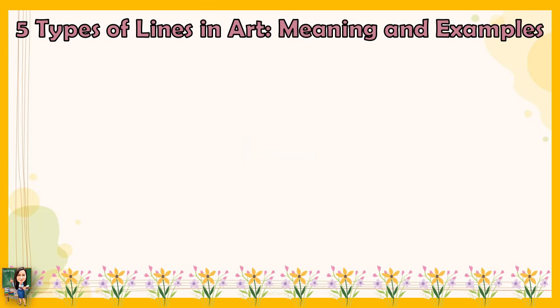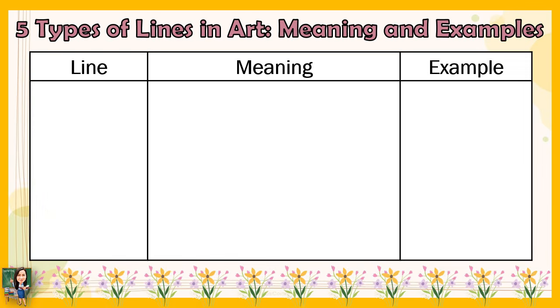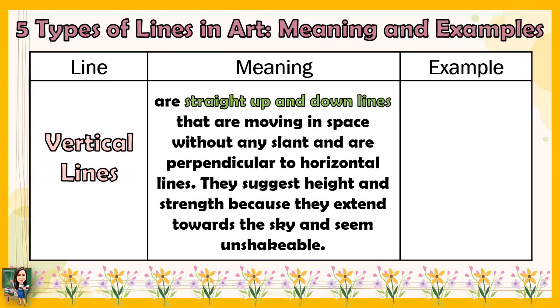There are 5 types of lines in art. Meaning and example. First is vertical lines. Vertical lines are straight up and down lines that are moving in space without any slant and are perpendicular to horizontal lines. They suggest height and strength because they extend towards the sky and seem unshakable. For example,